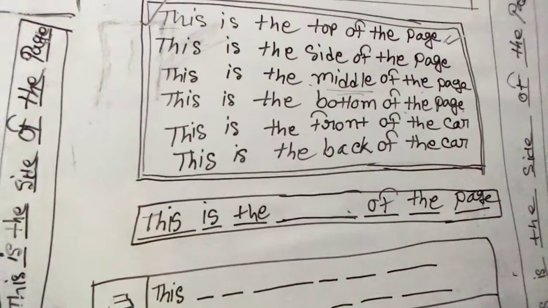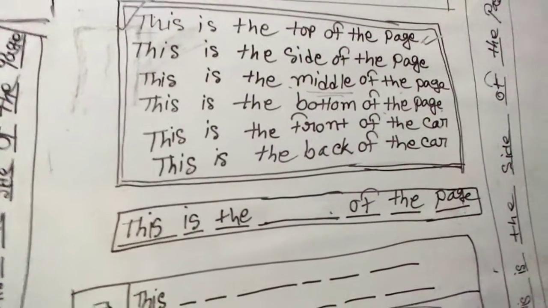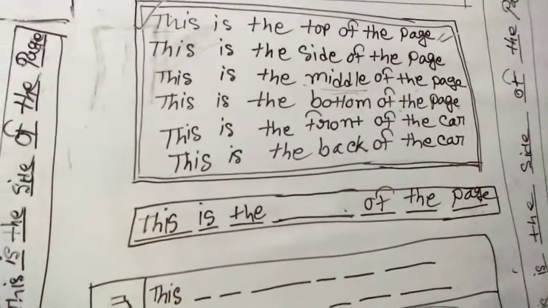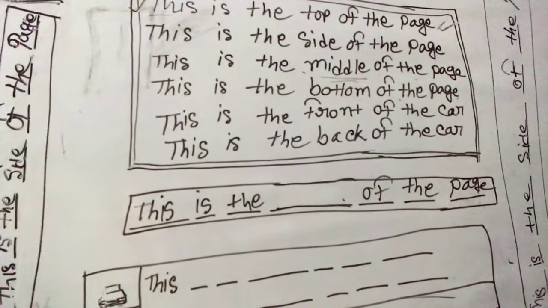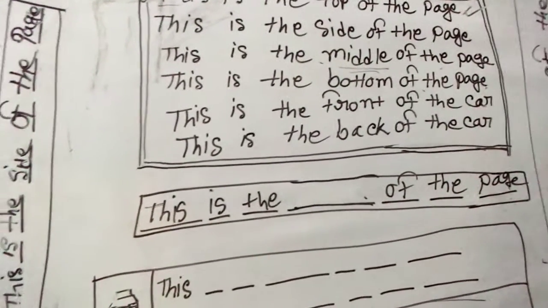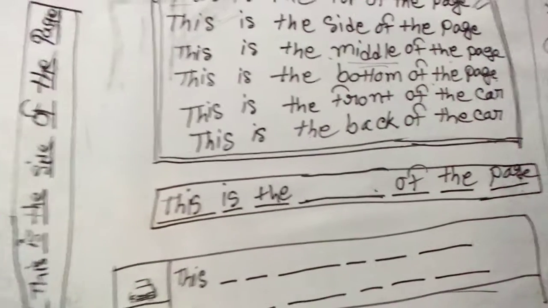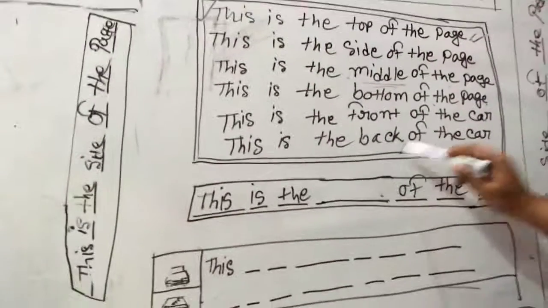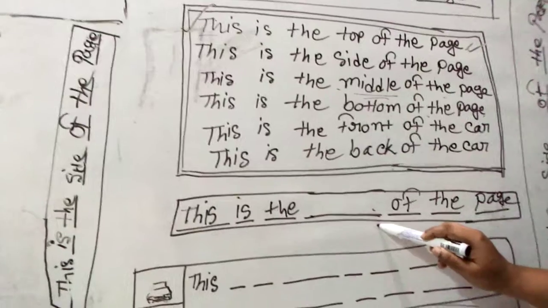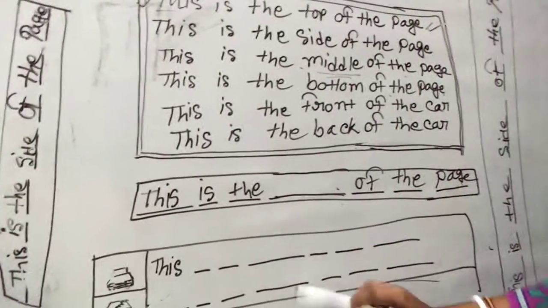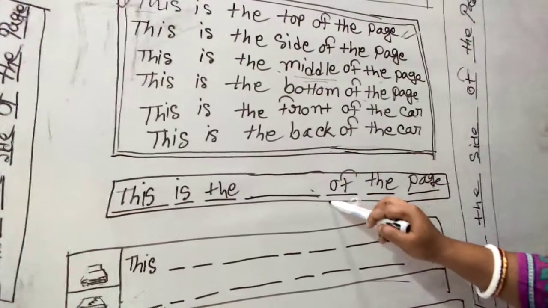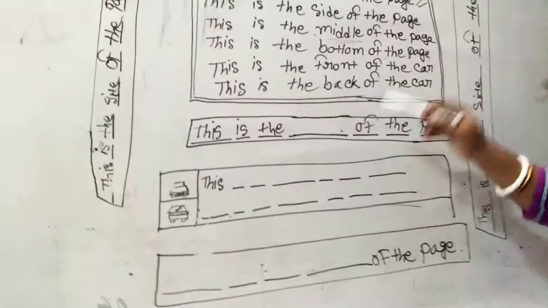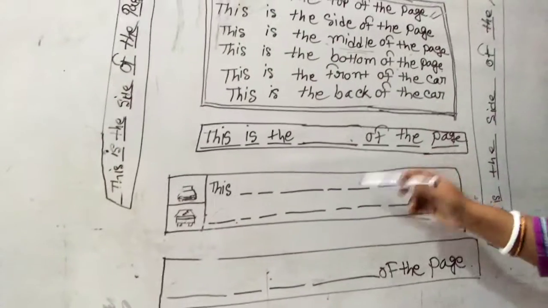Again, let me tell you one thing, I hope it's a picture of a page, as you have your book with you. So please have a look at the page, there are so many boxes. Just under this box, it's not the last box. There are still two more boxes. So can I say that it is the bottom line, or the bottom of the page? Okay, the bottom means the very last thing, the ending part.